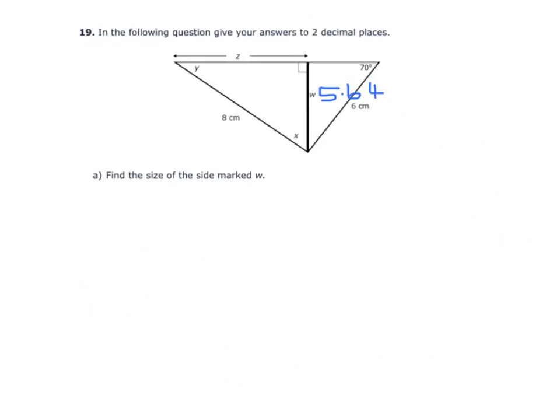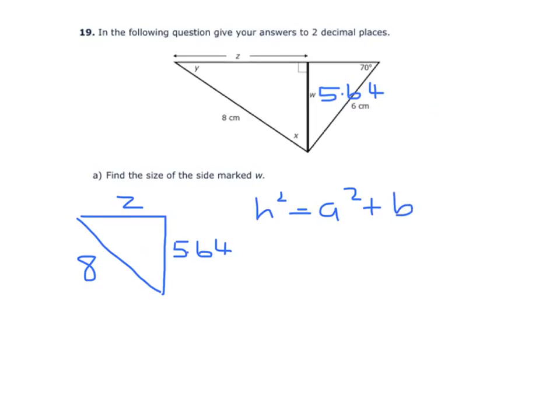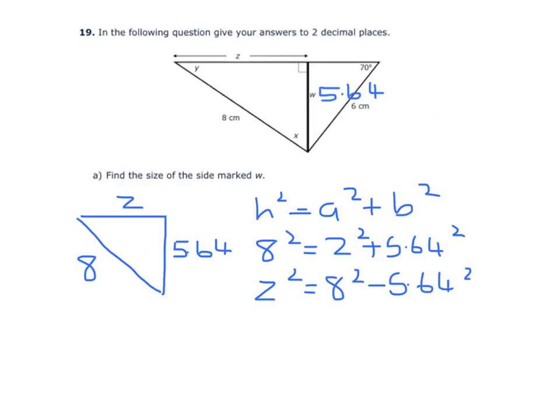Finally, we're asked to work out Z. There's a number of ways we could do it. We could use one of the angles and use trig. But personally, I am going to use Pythagoras. And Pythagoras' theorem tells me that the square of the hypotenuse is equal to the sum of the squares of the other 2 sides. So 8 squared will have to equal Z squared plus 5.64 squared. So Z squared is 8 squared minus 5.64 squared,